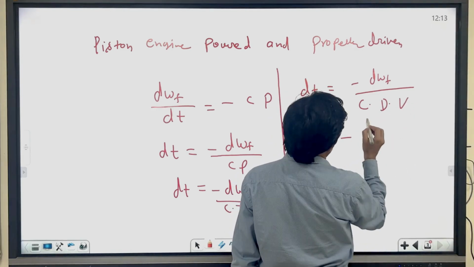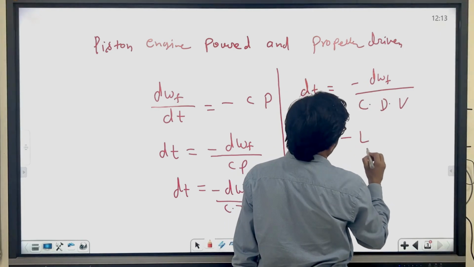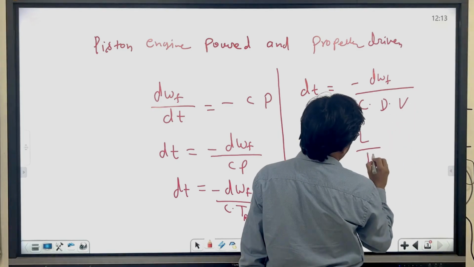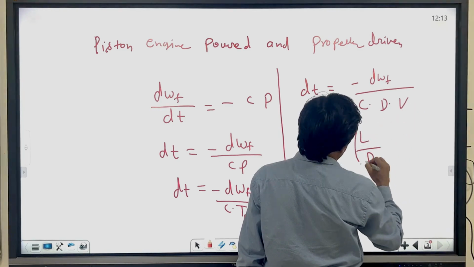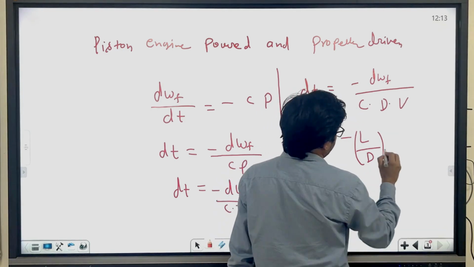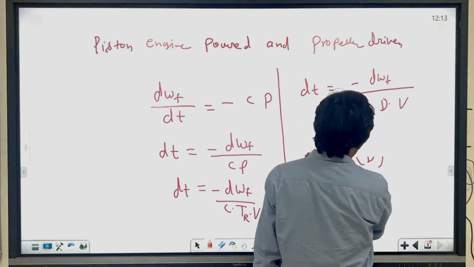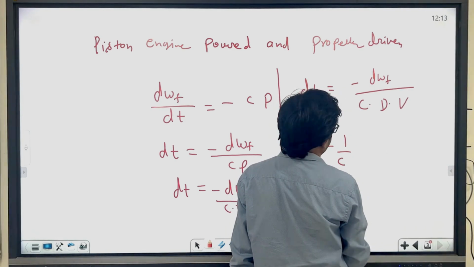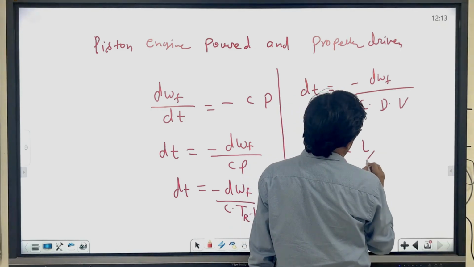The same thing you will do, put W here, make it lift, and then divide by W here, you can make it L by D, and 1 upon C, or you can write like this, 1 by C, L by D,